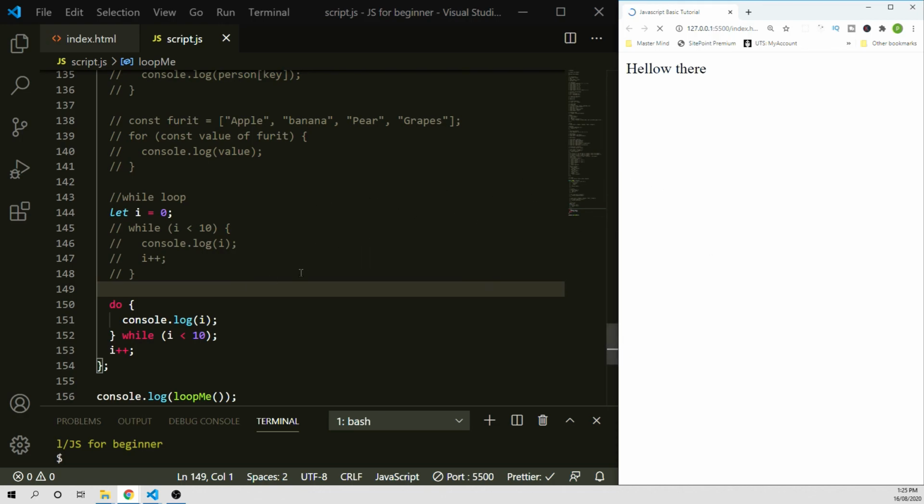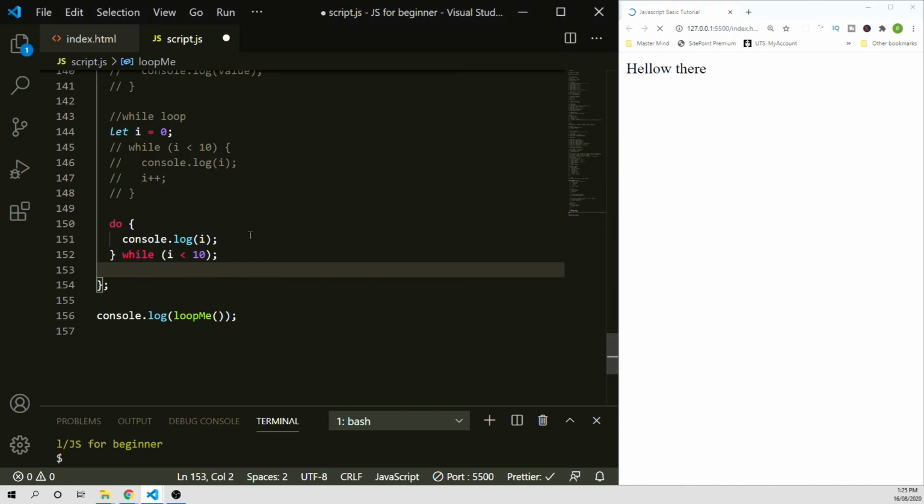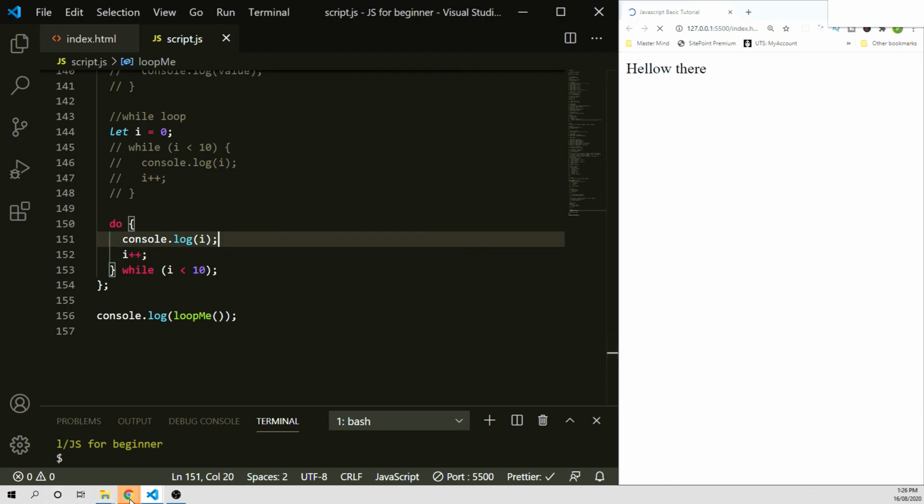So okay, so anyway, oops, I was in the wrong place, that's why. It has to be here. Okay, so you define what you want to do. As long as this line of code is run, if the condition is satisfied, then it will go back to the do code and then run the code here. So I can put one plus sign here and save it, and